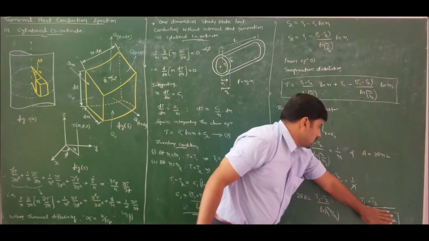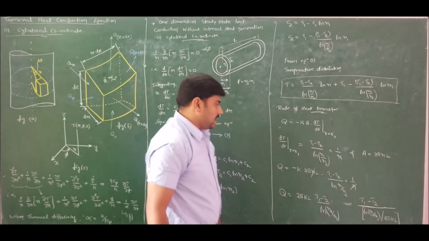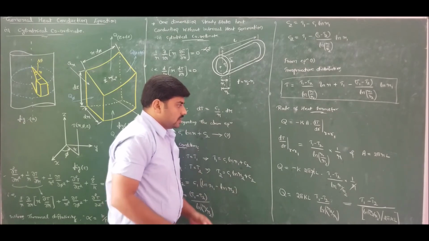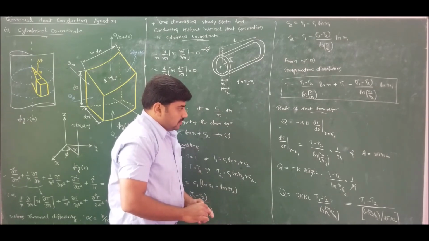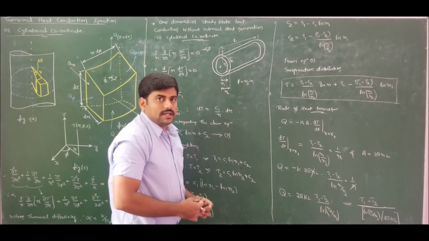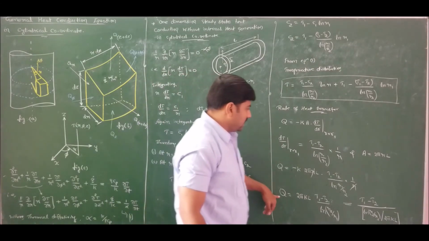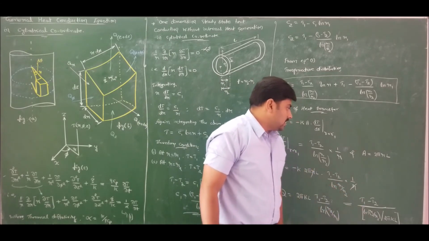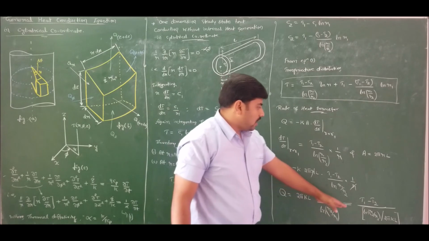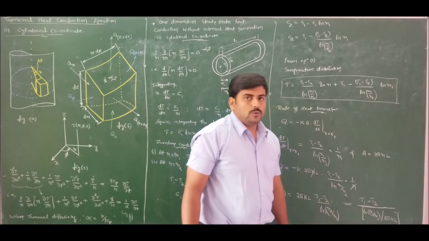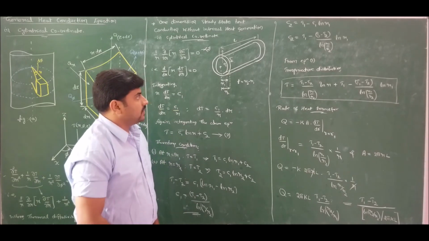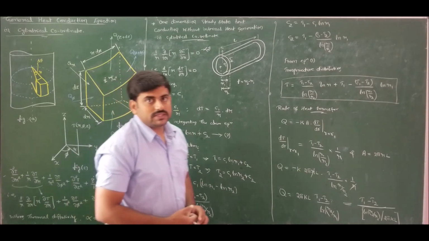And this is known as thermal resistance for conduction in a cylinder. This is analogous to electrical circuits, that is, flow of current is equal to difference in voltage by electrical resistance. Now flow of heat is equal to difference in temperature by thermal resistance. The thermal resistance for a cylinder is ln of R2 by R1 divided by 2 pi KL. Let me pause this video for a while so that people can copy it down. Later we will solve for composite cylinder.